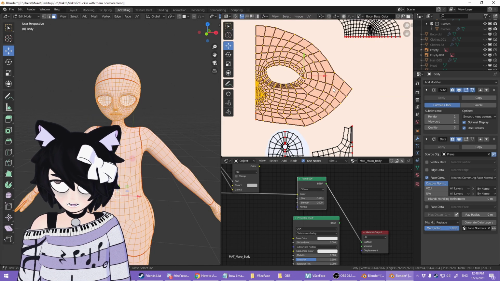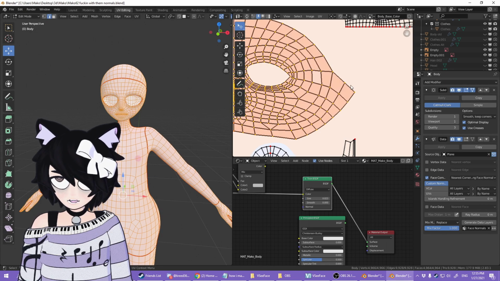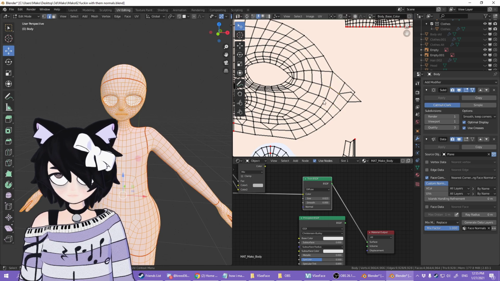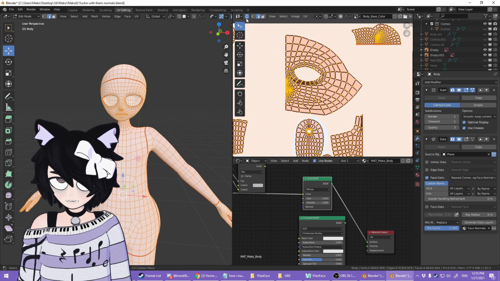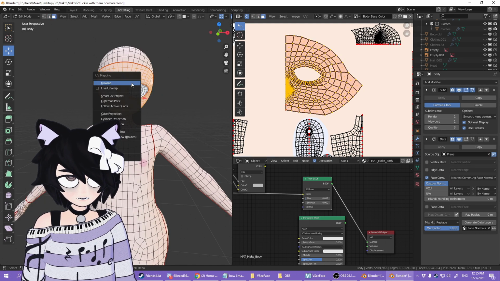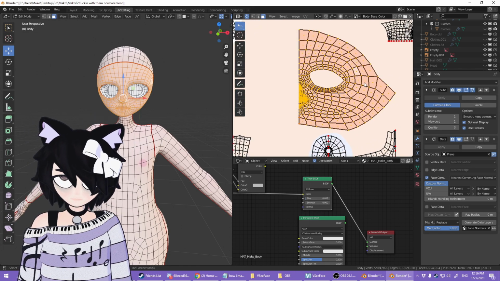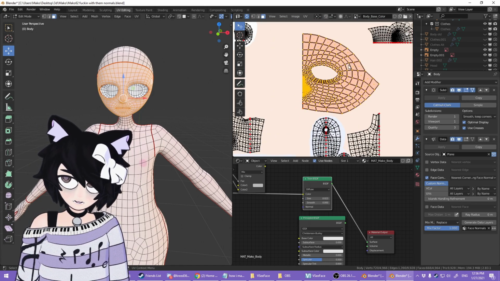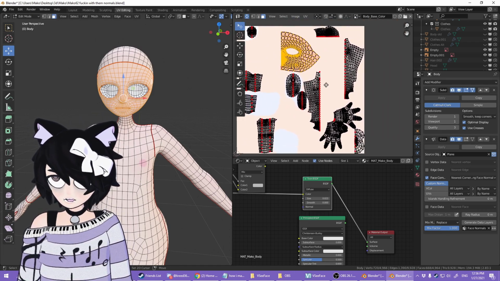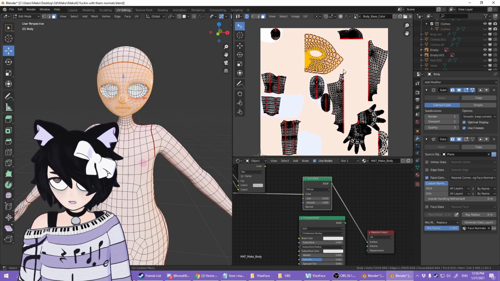I think I like select links with that. Nope. Well, I actually can't find how to easily select and separate this aside from moving each individual little... Though if I were to select this, select linked here, and unwrap this again, you will see we do have two halves here, they're just inside of each other. And that is fine, unless you want there to be some sort of difference. And look at all this extra space I have now. I should have done this from the beginning, but I didn't. Because I only need to use half of everything, I could have way more room.